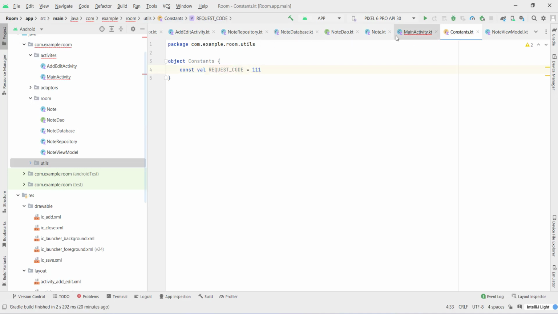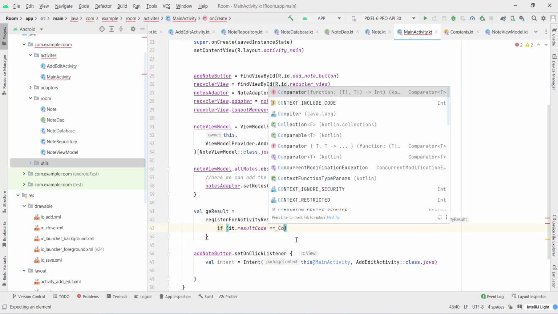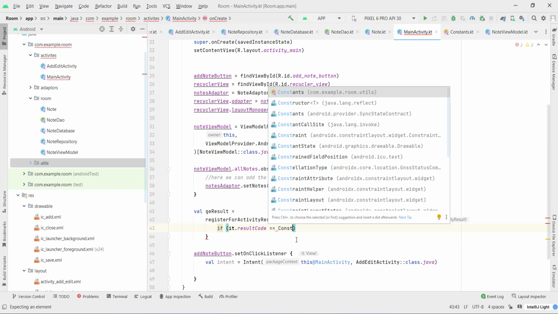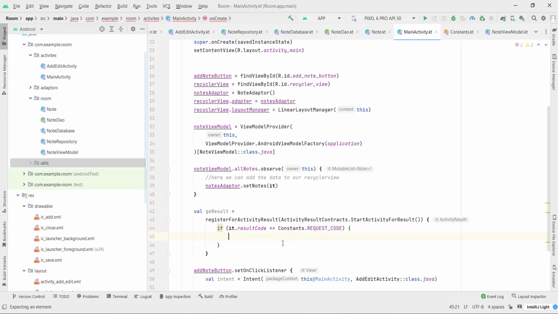Now let's go back inside MainActivity. Again, here I'm gonna put equals Constants.REQUEST_CODE. Then we're gonna get the data,